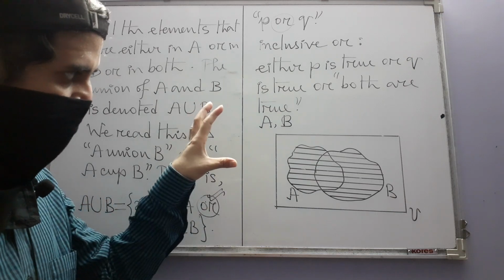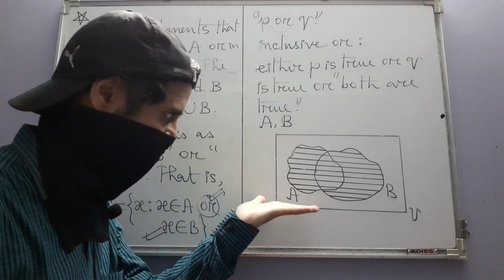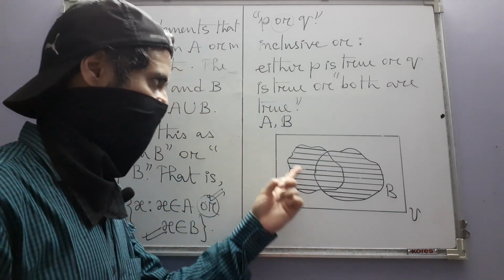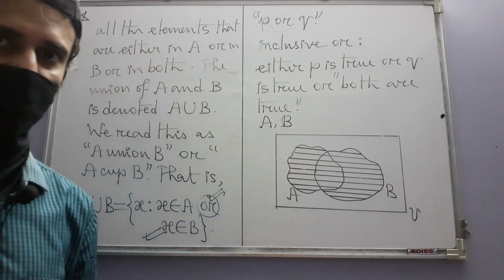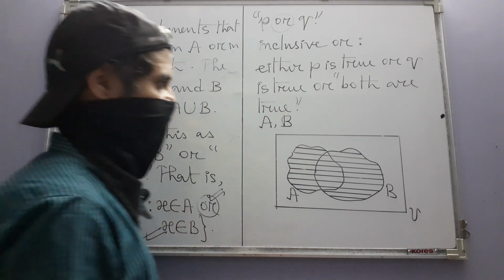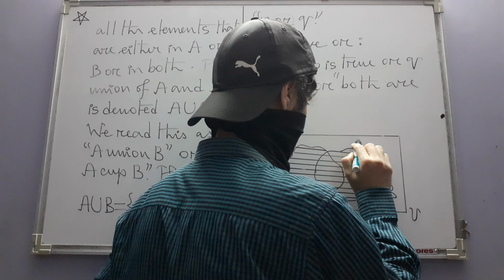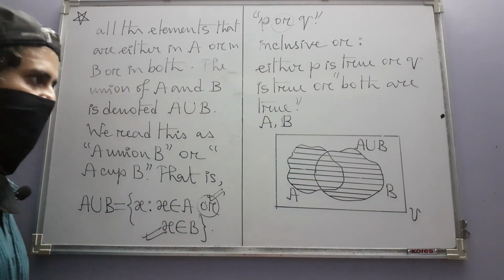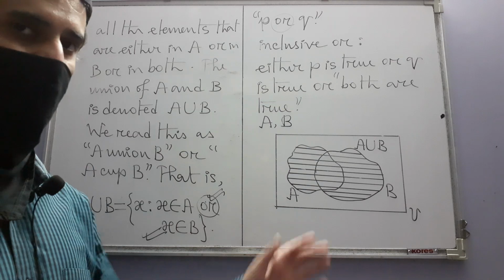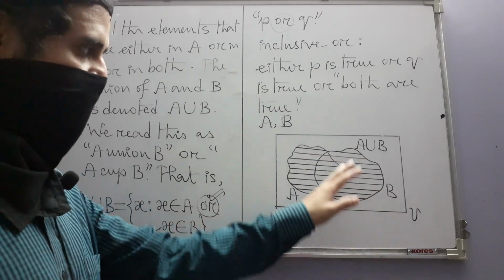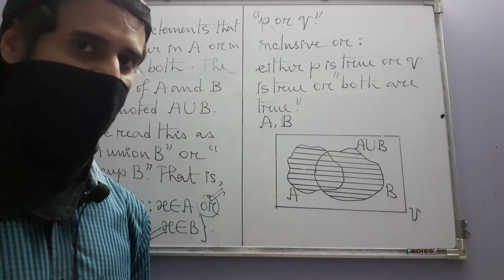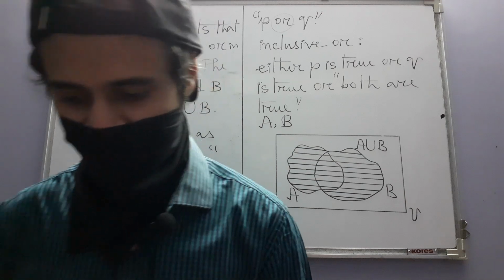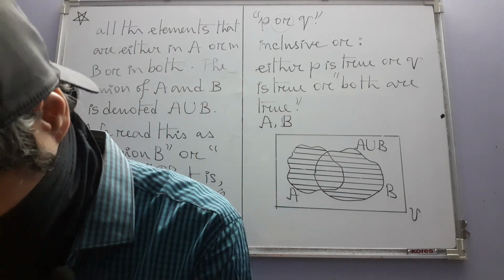Okay, so pictorially this is the Venn diagram of the union of two sets A and B, and according to the rule you write A union B beside this set, anywhere outside that region, somewhat close to the region. Alright, now